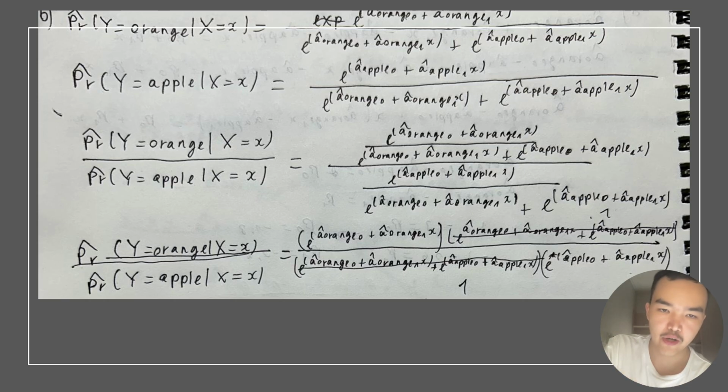So to find the probability of apple, we write in the numerator the probability that our